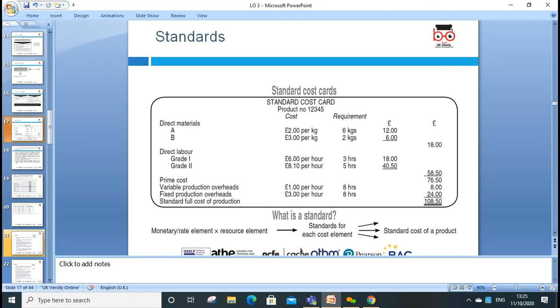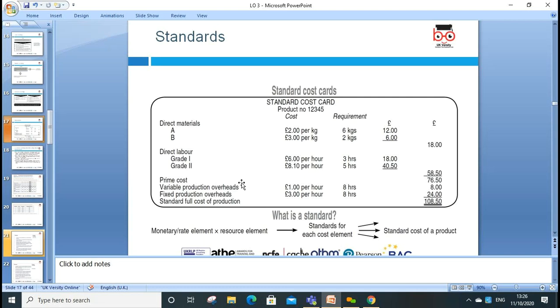Then because we are doing the unit cost, think about here, we are using materials A and B, two types of material required to make one product. That's 6 kg, 2 kg required. Total cost is this, and that's 18 pounds worth of material required. Two types of labor required, skilled labor and unskilled labor, their hours, and that's 58 pounds worth of labor required. When we add these two direct costs, that is the prime cost, direct cost totals 76 pounds and 50 pence. Then we have variable overhead related to production, that's 1 pound, and that's 8 pounds worth of